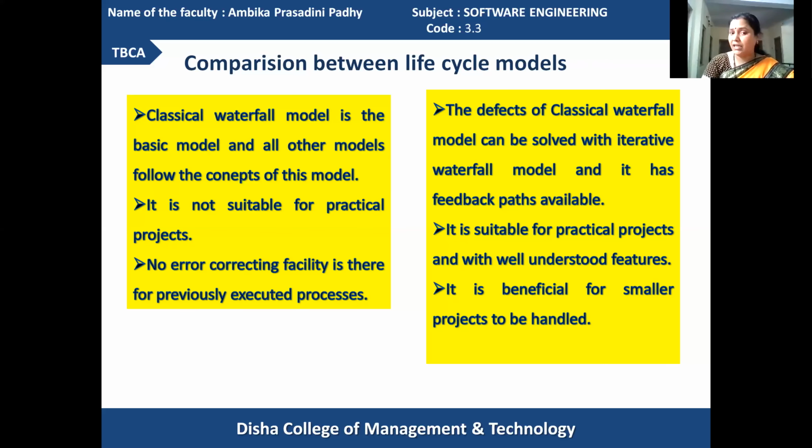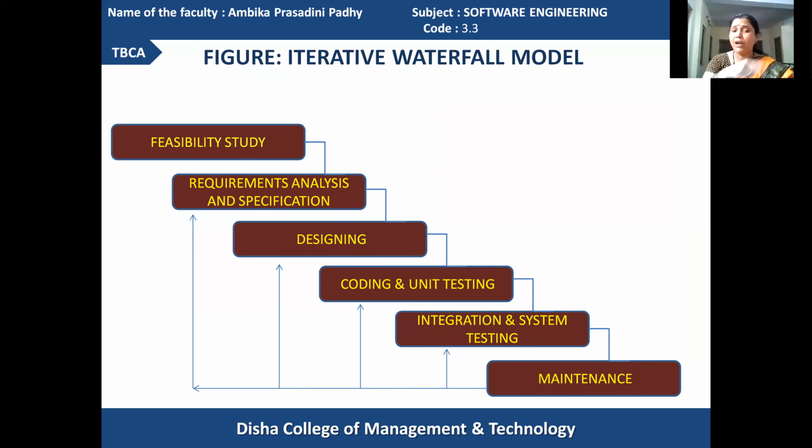You have already seen these diagrams in which the flow lines going back from maintenance to integration, maintenance to coding, maintenance to designing, maintenance to requirement analysis and specification are called the feedback paths. These feedback paths give you the means of going back and solving the defects at the previous stages. We find the phase containment of the errors, go back to the phase, correct the errors, and move forward again in a procedural manner. In this way, several cycles of activities can also be performed.